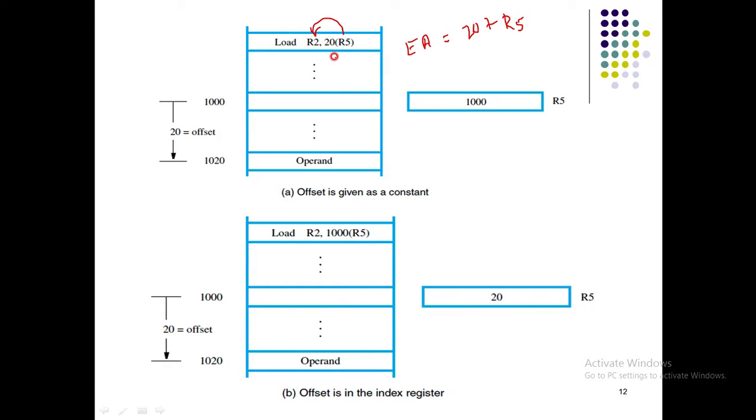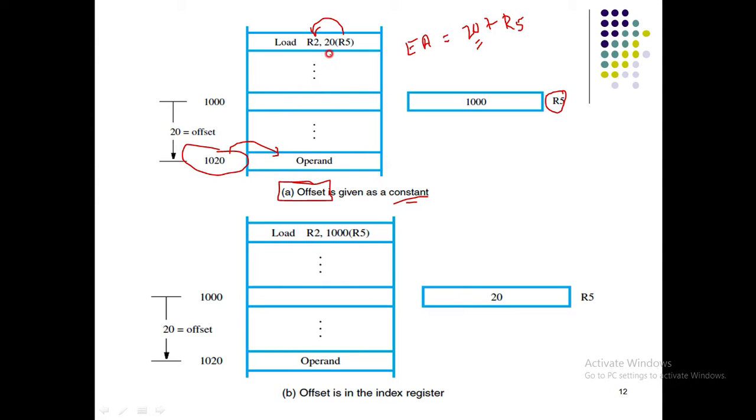So you can observe here we are using your offset as a constant. What is the constant value we have here? The constant value we have here is 20, right? So the constant value is nothing but the offset. If you want to understand this, R5 is this register, right? R5 is at some memory location 1000, and plus 20. After adding 20 to this R5, we will be getting our next memory location, which is 1020, and inside this 1020 we have our operands. So I hope this is clear, friends.